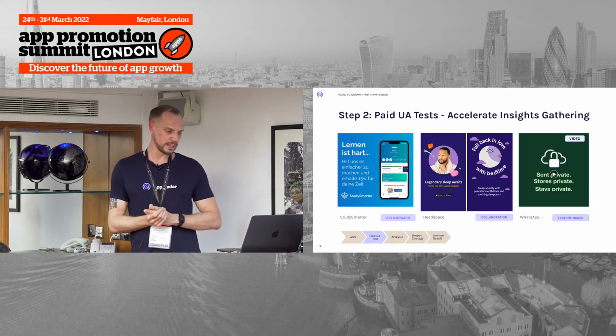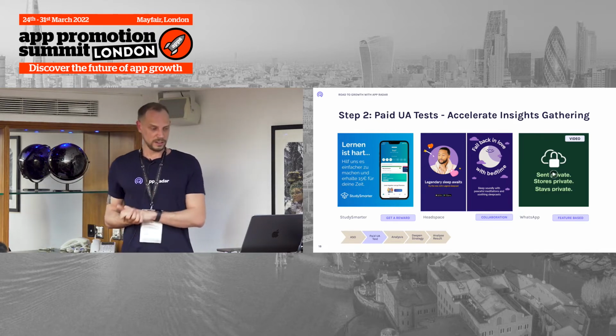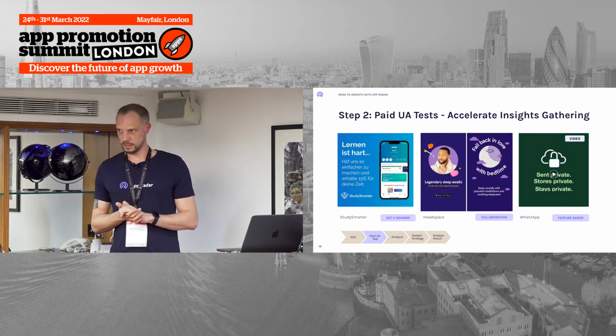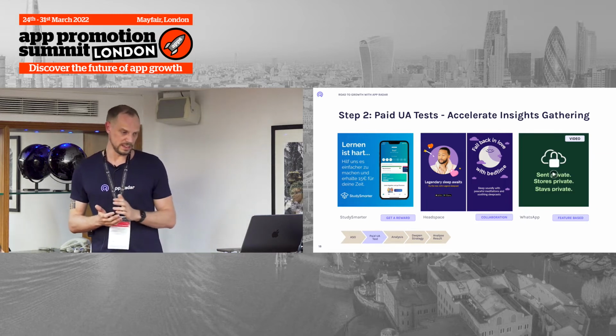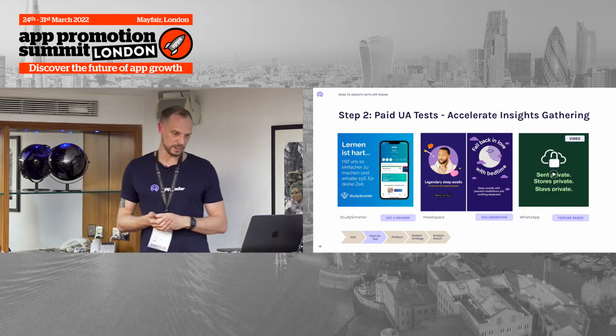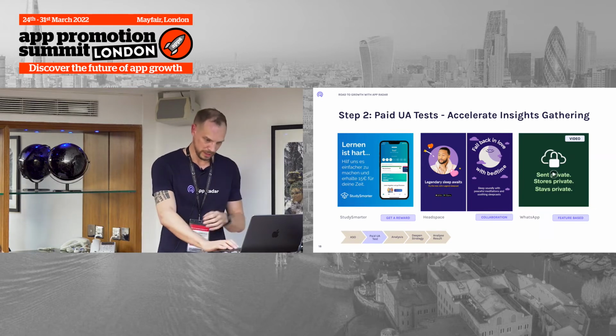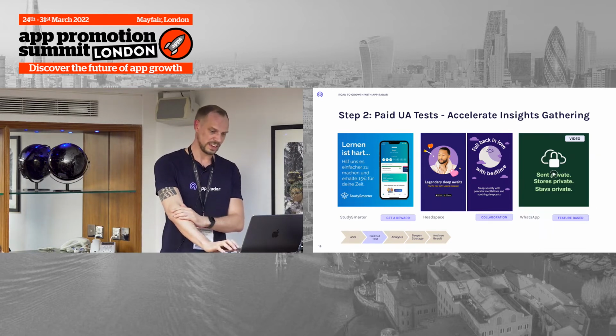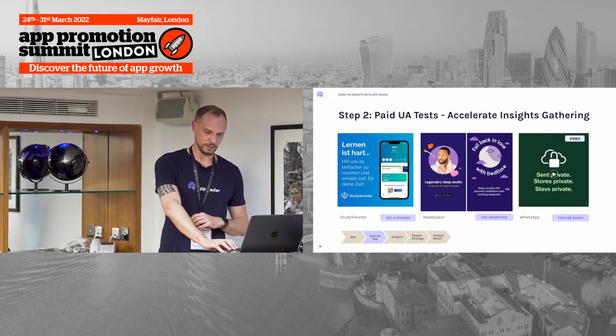So this is also something you can bring in. And on the other hand, the WhatsApp ad is very feature-based, and in terms of WhatsApp, very privacy-focused: stay private, stores private, send private. So you can see that they're putting a lot of effort in this direction.